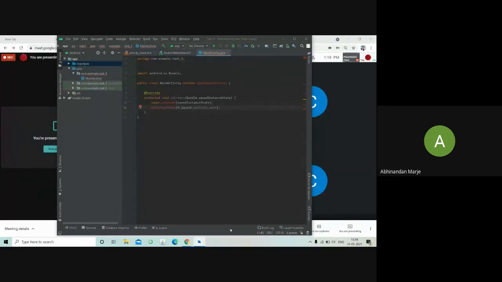Okay, open your Logcat here at the bottom. Sir, where can I find it? In Android Studio, bottom left side, next to terminal, database inspector, profiler, Logcat.